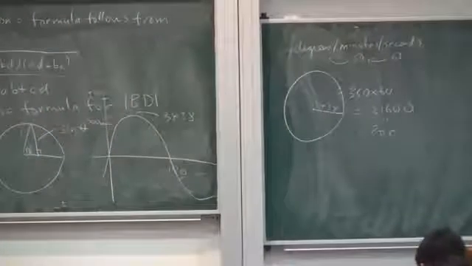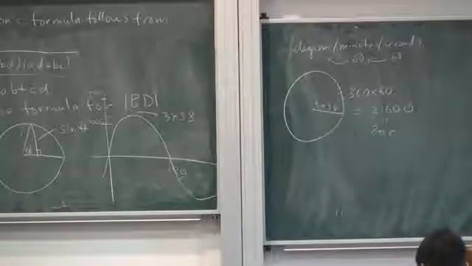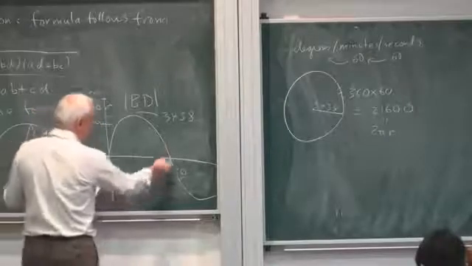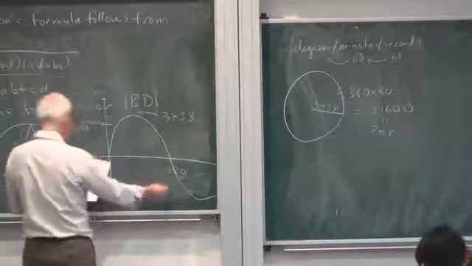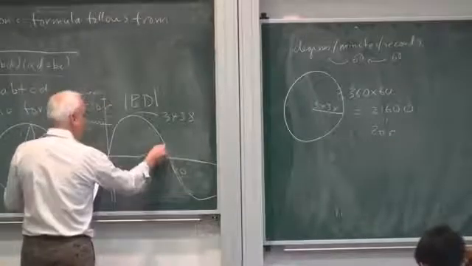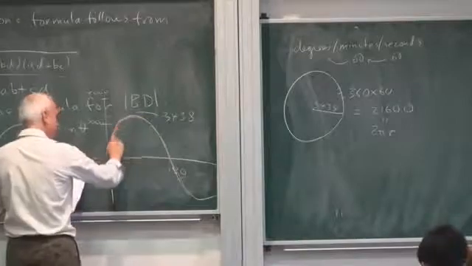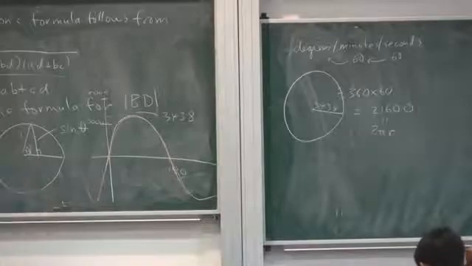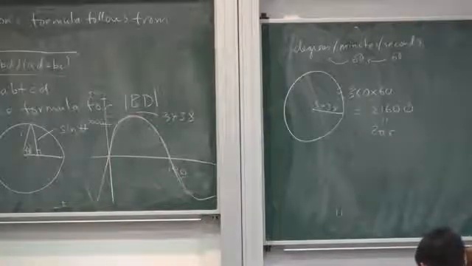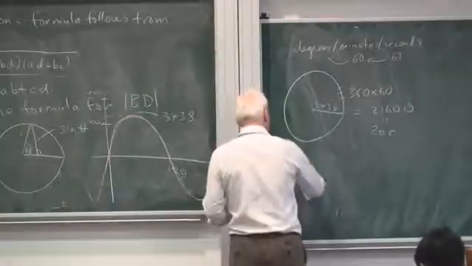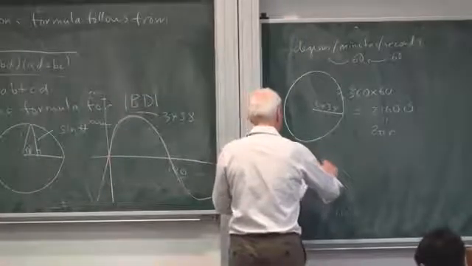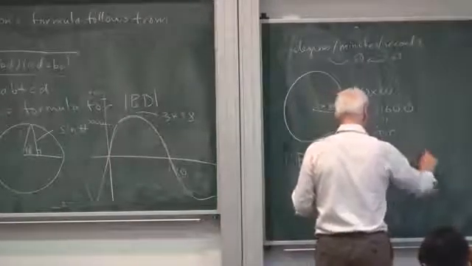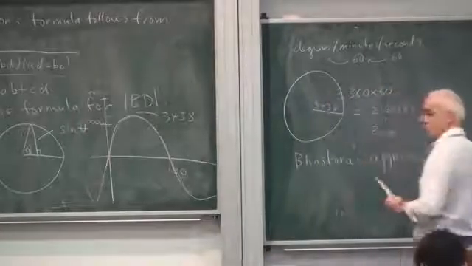But one of the Indian mathematicians, Bhaskara, the later Bhaskara I believe, discovered a remarkable approximation to the sine function, which I don't think you even learn today. So there's this other function. It looks something like that. It's not a parabola. It's actually a rational function. And this is Bhaskara's approximation to the sine theta function.